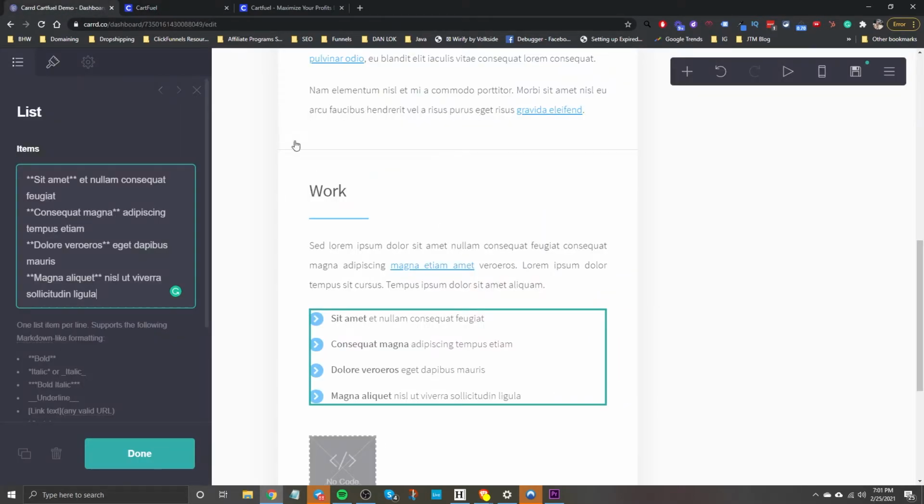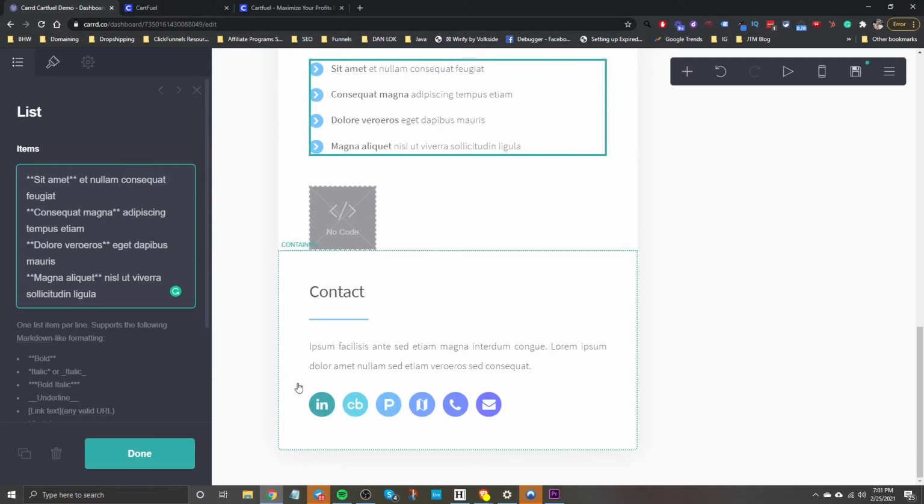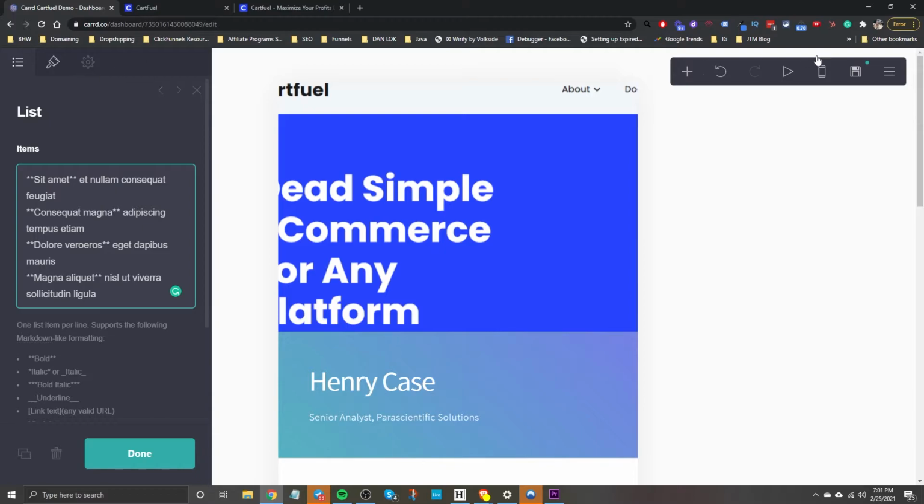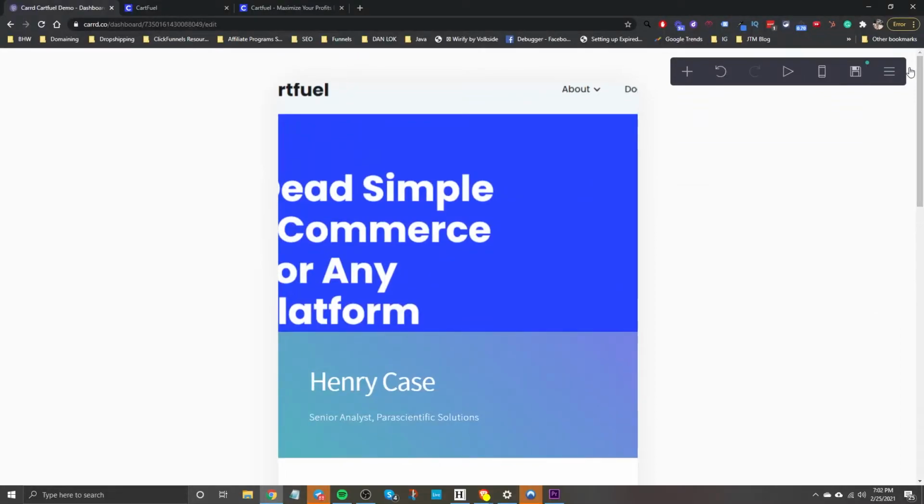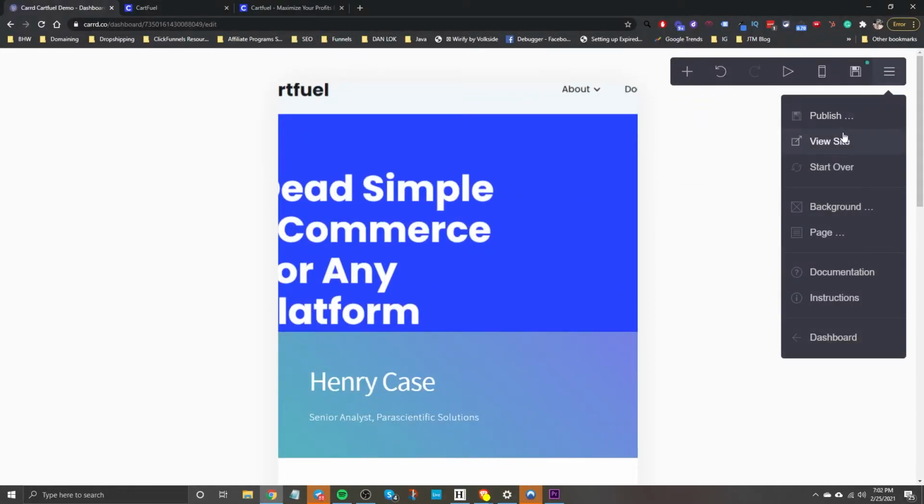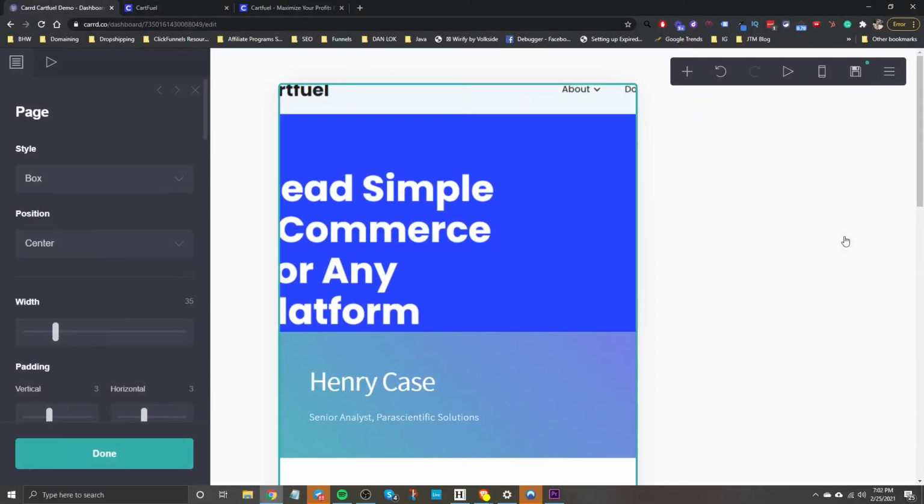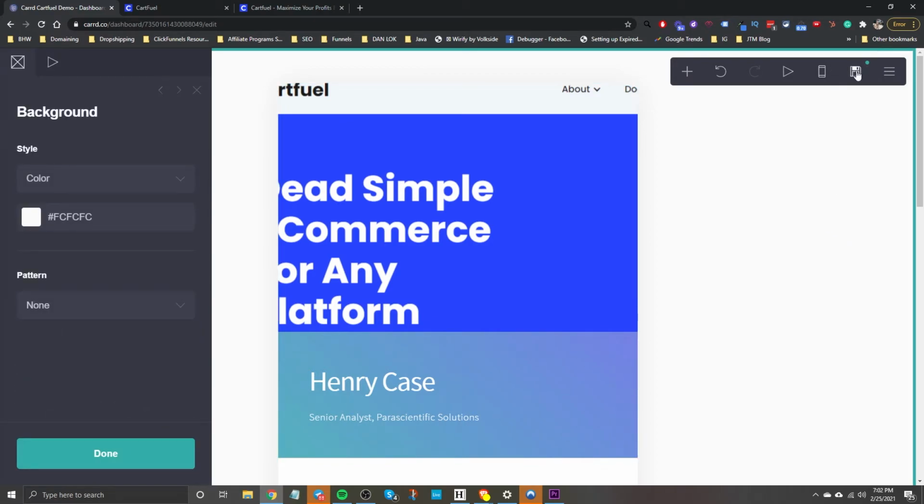Now, one thing about Card, unfortunately, is it doesn't really give you the ability to create a whole website. So like I said, this is mainly for one pages. So you want to make sure that if you are using Card, that you make another page so that you can send the people to. But in this case, what I'm going to do is